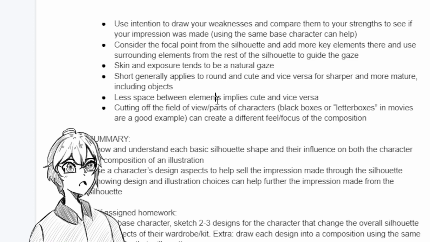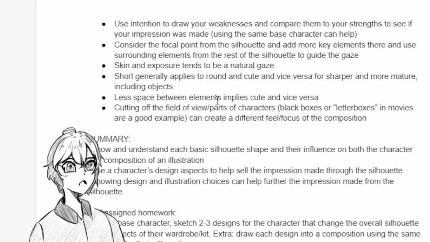And then finally, to round off the lecture, the rest of the lecture was really spent observing him as he takes essentially the same base character and changes the different types of silhouettes using sub-elements that he designs onto the character to change the impression of the character. So it's really, really cool stuff. Like I mentioned earlier, highly suggest watching, but in any case, here are the main takeaways for his work process